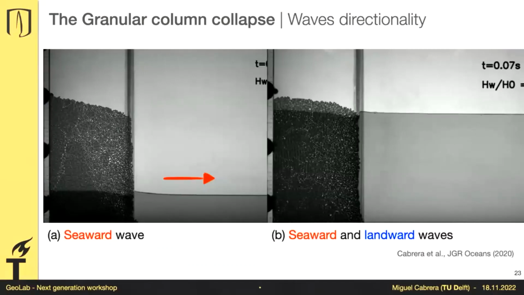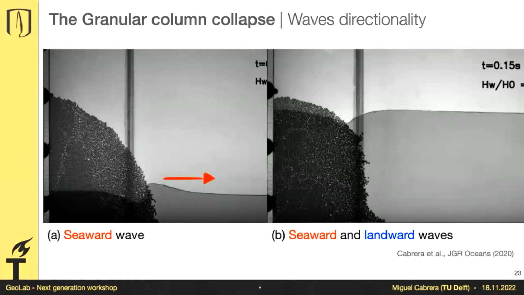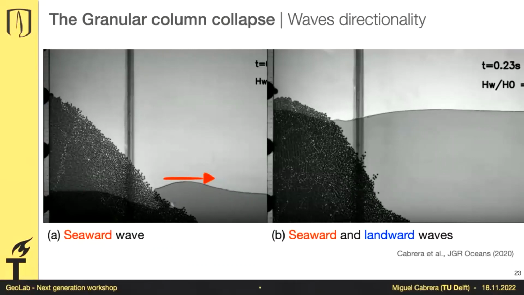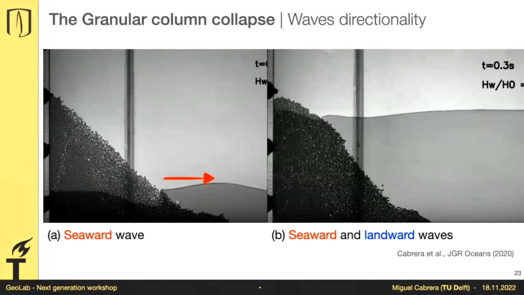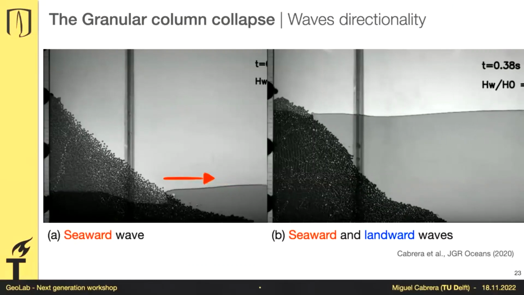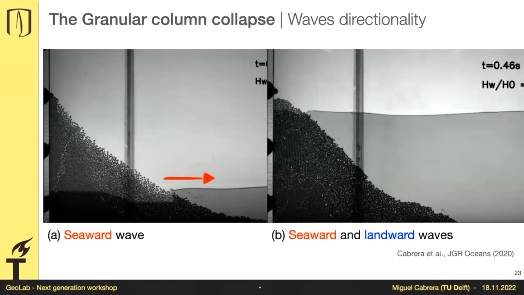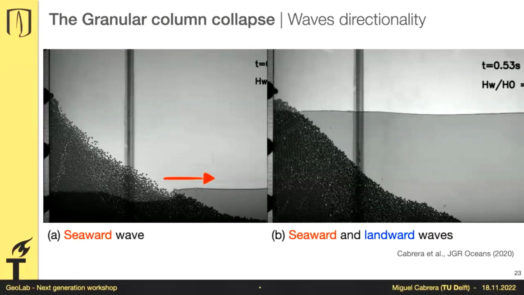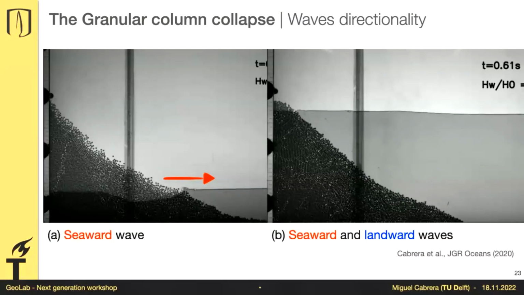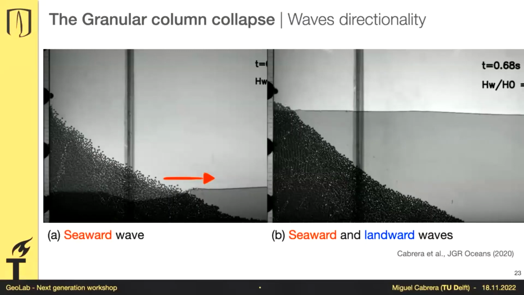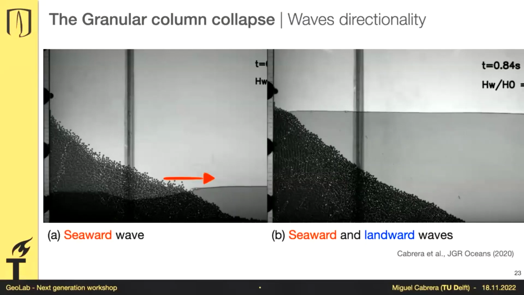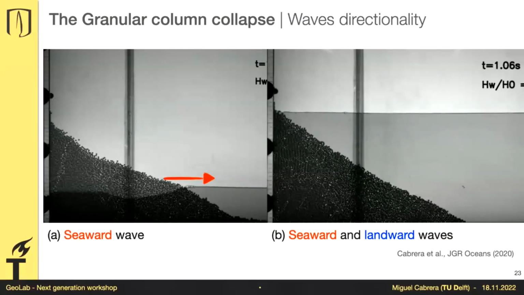So with that in mind, we came out to this that I already anticipated, the mechanism making seaward waves and the mechanism making seaward and landward waves. Landward was the appropriate term. So those two kinds of waves are relatively different, but they encompass the same mechanics. Part of it is immersed and part of it is in air, or might not. But eventually, in both cases, they are displacing water, and the displacement of this water has something to do with the dilation of the landslide and the velocity at which it moves.